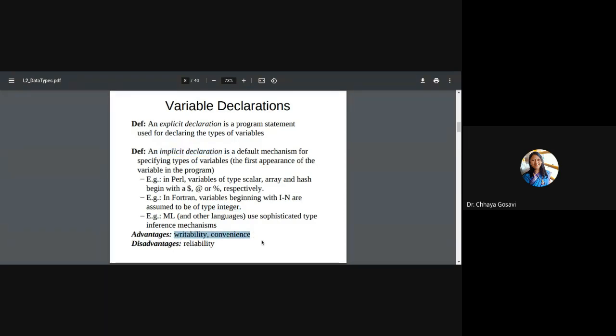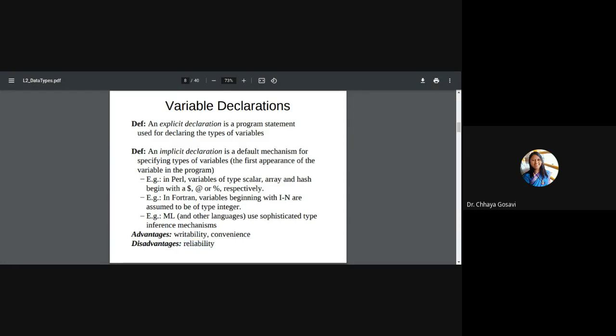As a programmer, I'm not able to remember where and what the data type of that variable is and where it is declared. As soon as I need the variable, I assign it the value and use it. So it gives convenience and writability. The problem is reliability. The variable may get overridden. Suppose it is a very important variable like the number of students in a class, you already defined it as an integer, it has value 10. And if you redefine n to another type, it may create confusion and it will decrease the reliability of your code.